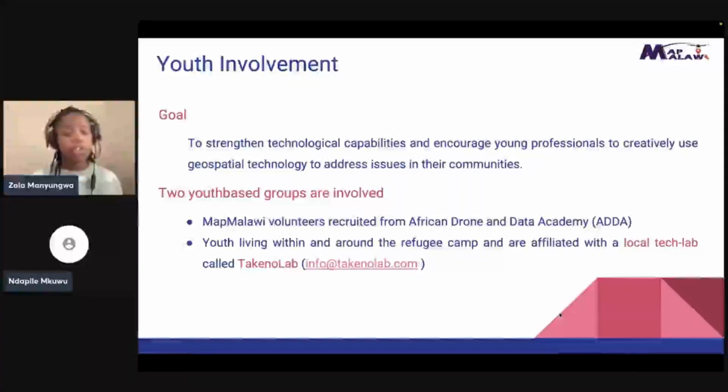The other group we're working with is a youth group in the refugee camp itself, because sometimes projects go into communities and they don't even involve the people living in those communities. So we decided to involve the youth in that community. These youth are affiliated with a local tech lab called Technolab, and that's their contact right there. We thought involving them also allows them to see themselves in the maps that are going to be created, and being part of that process empowers them not only to map during this project, but also afterwards when